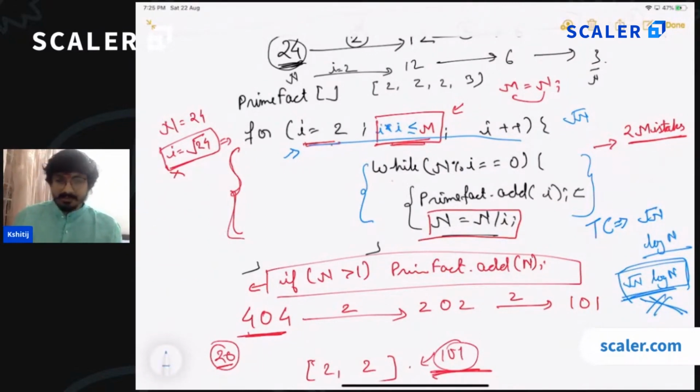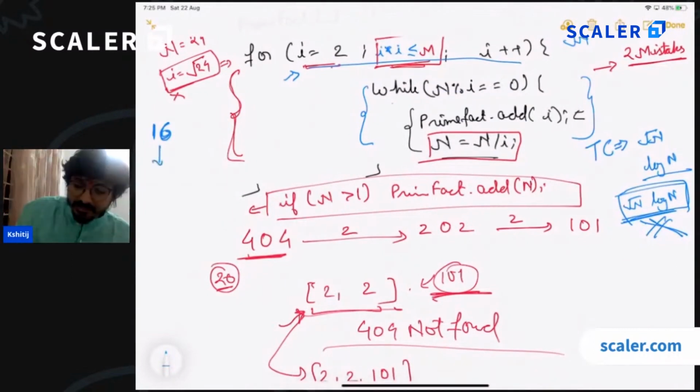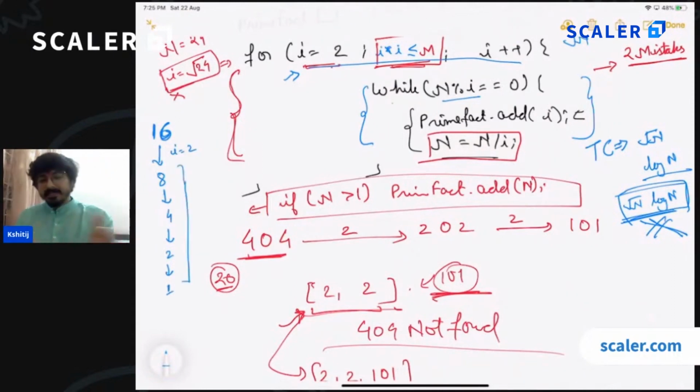So let us try to analyze what is going on here. Let's take 16 itself. In the first iteration, when the value of i is equal to 2, we check that this is divisible and we divide it. So we get 8. Then again we divide it by 2, we get 4. Again we divide it by 2, we get 2. Again we divide it by 2, we get 1. Now after we have divided completely with 2, for the next value of i, which is equal to 3,